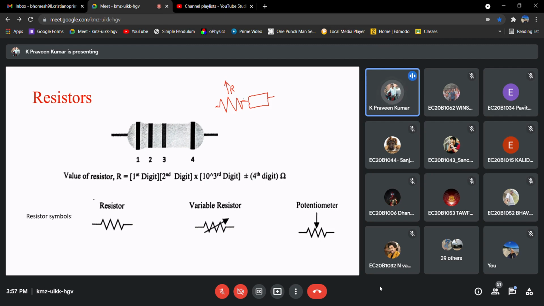Then we can reduce the current flowing through the device so that your device won't get damaged. Or maybe in some applications, I want to bypass this entire current through the resistor.